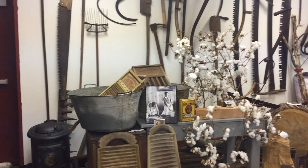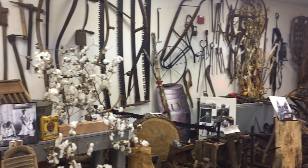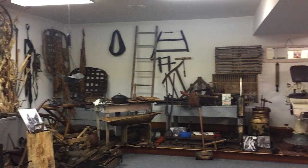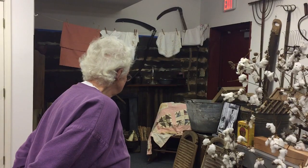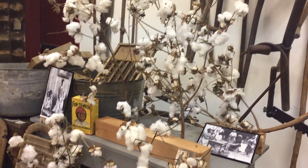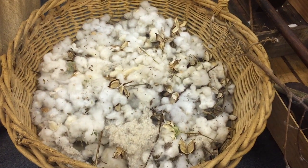Welcome to the Building of America room. This room talks about how slaves were brought here to build this country. I really like old tools and I like looking at those, but it's interesting to hear the story of the slaves. But because the work was so grueling and hard and uncomfortable and people were being punished, slaves decided that